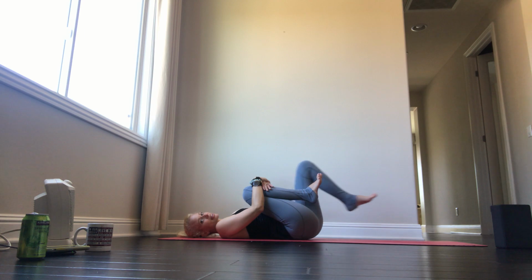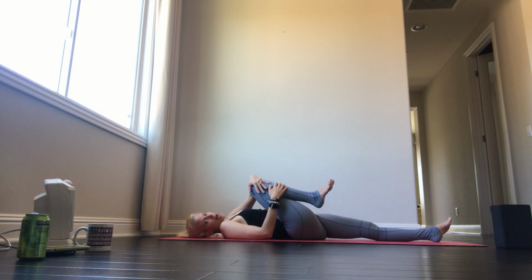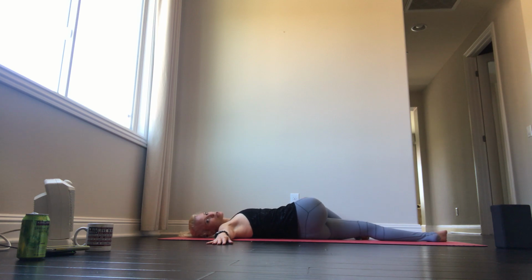And now release your left leg down onto the mat. So you're squeezing your right knee in. And then using your left hand, guide your knee across your body. Open up your right arm and turn your head towards the right. Coming into supine twist. Now this is the perfect spot if you wanted to put a block under your right